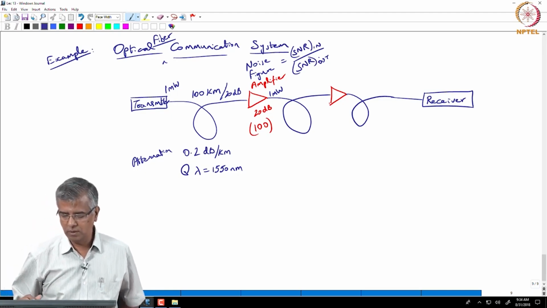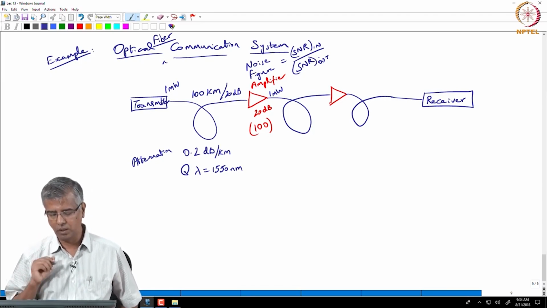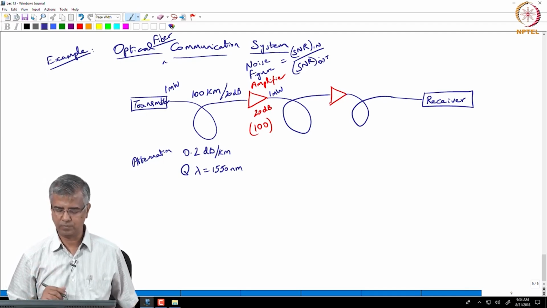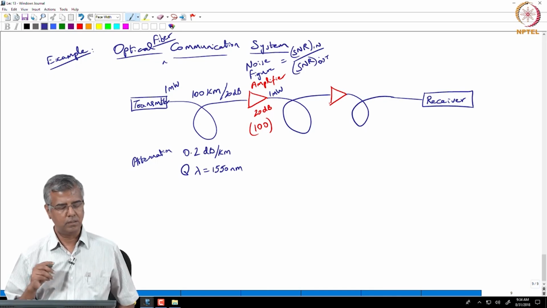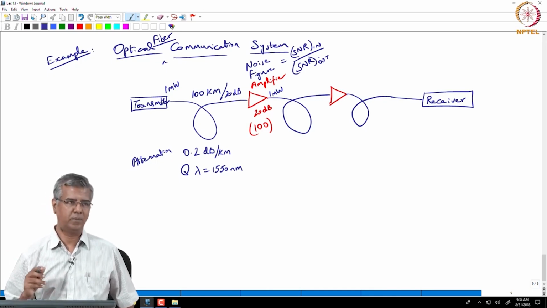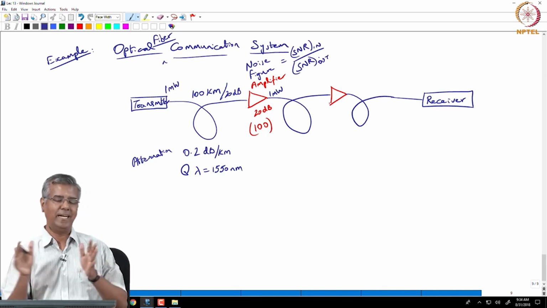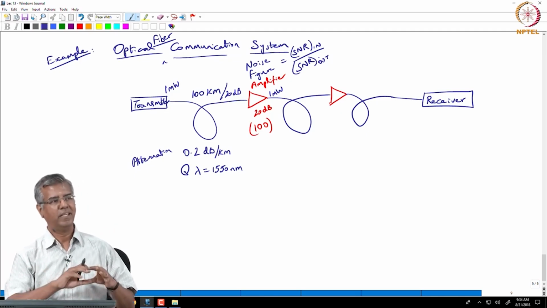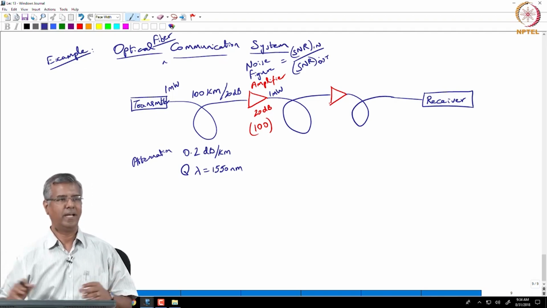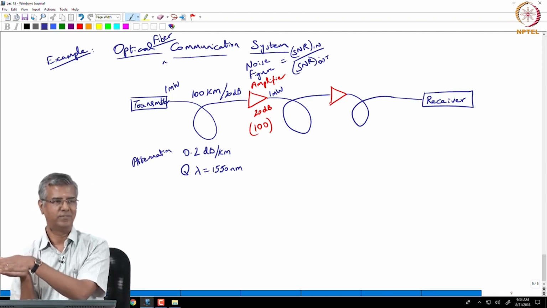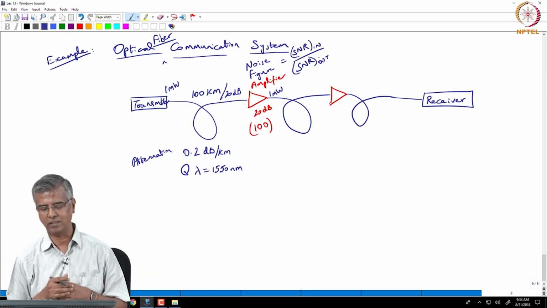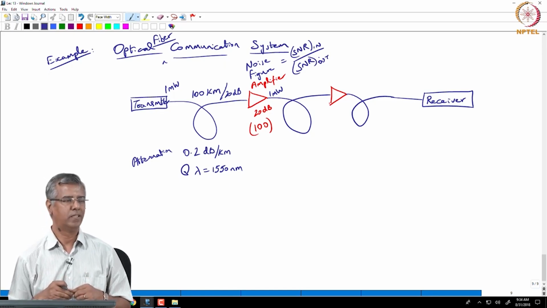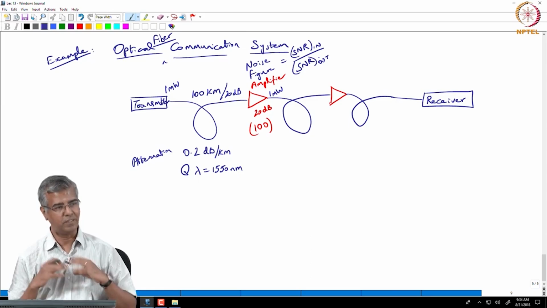No, so let us come back to what we want to do. So, we want to achieve this amplification. Now, how do you build an amplifier? Okay. It turns out that since we are dealing with optical fibers, you do not want to take light out of an optical fiber. You know how difficult it is. Taking light out of an optical fiber, amplifying through some external medium, and then coupling that light back into the fiber, right? You incur losses at all these stages, right? So you would preferably want to have amplification happening within the fiber itself,